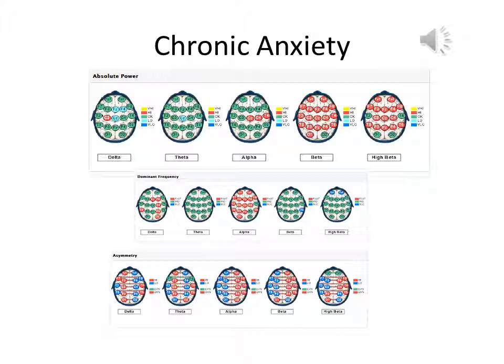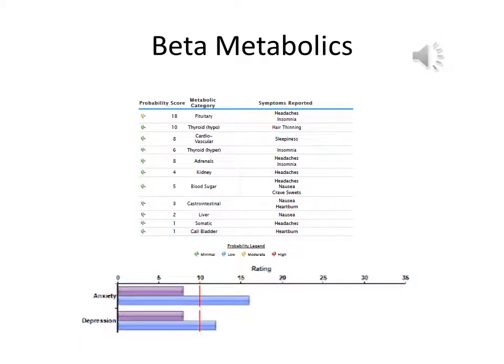We also see a very strong, very marked beta asymmetry, and you can see in the asymmetry in the third tier below a lot of red in the right hemisphere in the beta frequencies. Here we have the metabolic report on the same individual. We can see that the thyroid and pituitary endocrine systems are starting to show problems. The pituitary issue is getting significant, with insomnia and constant headaches. We have elevated anxiety measures in the ISI. Below that, we can see the anxiety is getting above 15, and depressive features are starting to emerge as well.